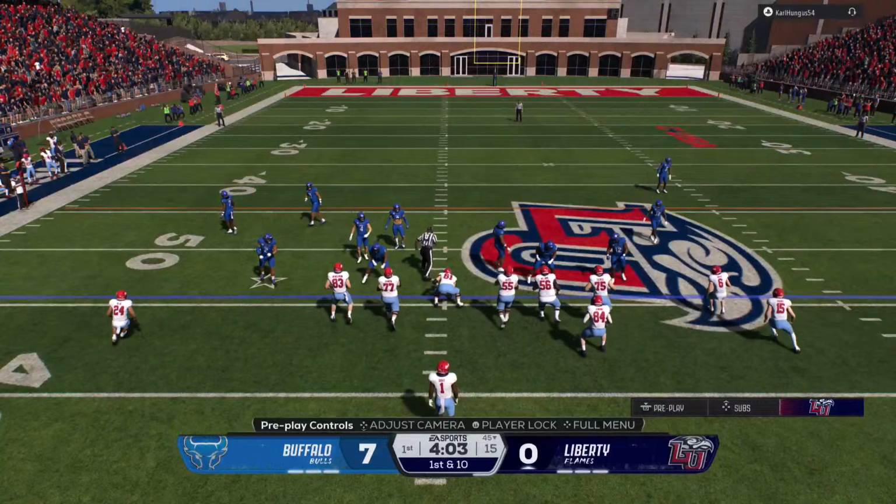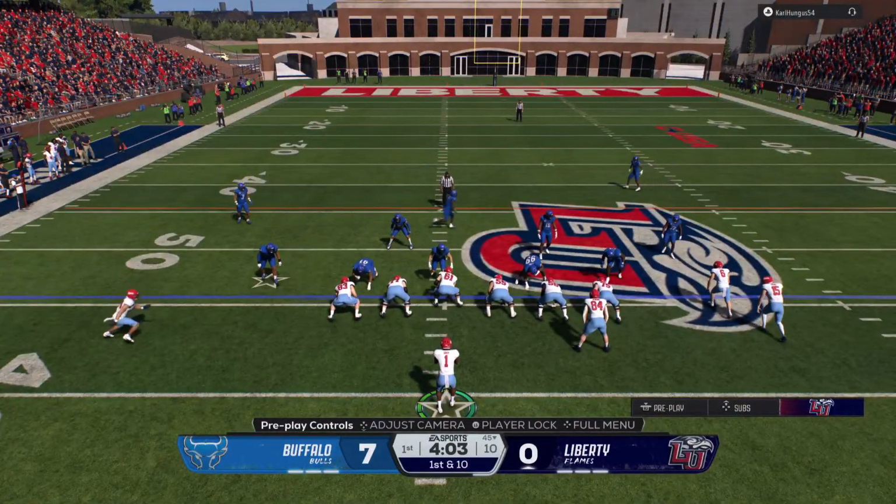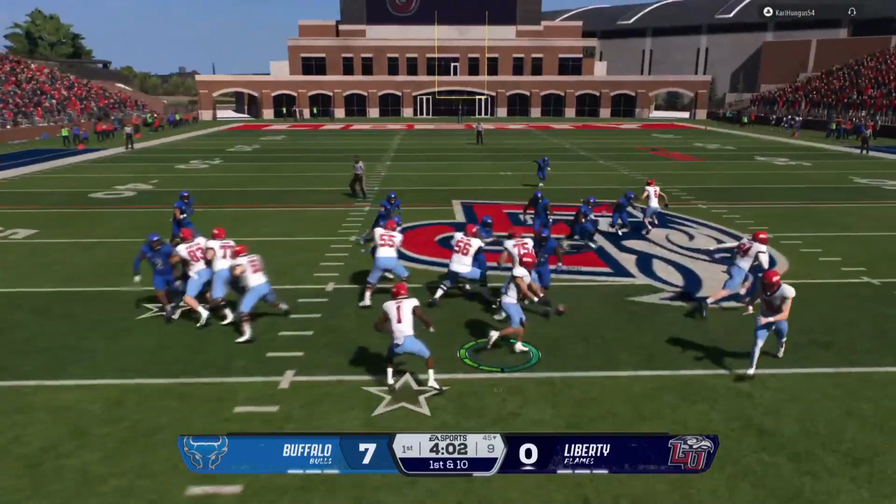They're lining up in the Wildcat. Let's see what they have dialed up for this one. Sends it back in motion. On the snap, it's Gray.